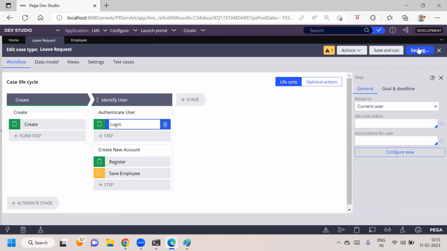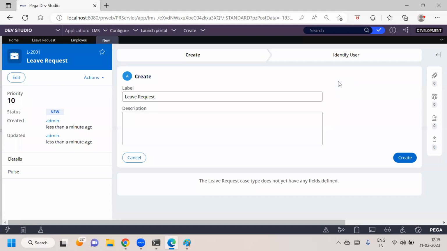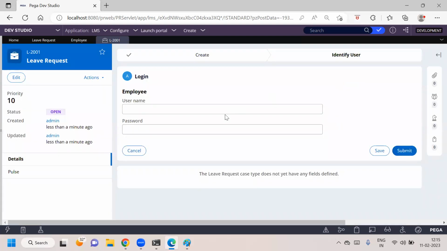You can cross check whether the login view has got generated or not. So let us click on save and run now. You should be able to see the login view. So let us click on create. Are we able to see the login view or not? Yes. Now whatever username and password the user provides here, once he clicks on submit,